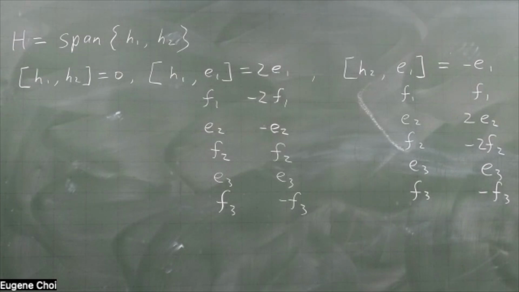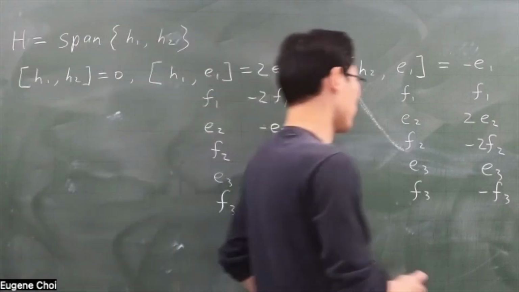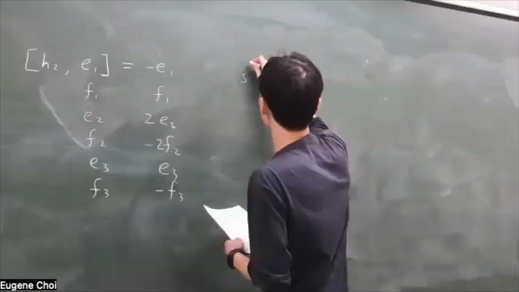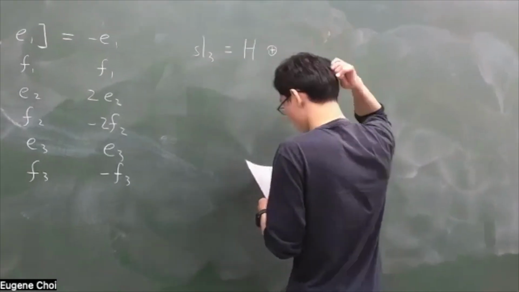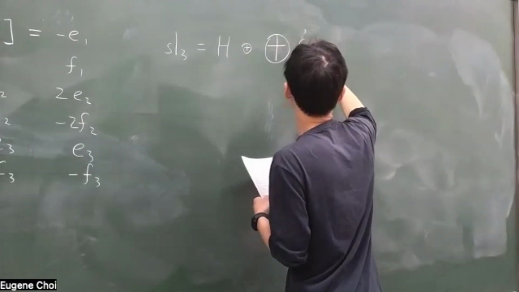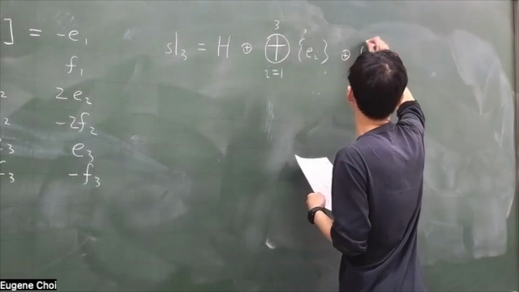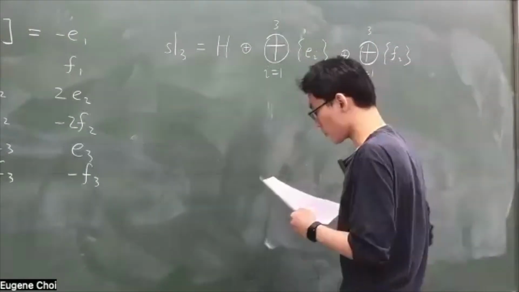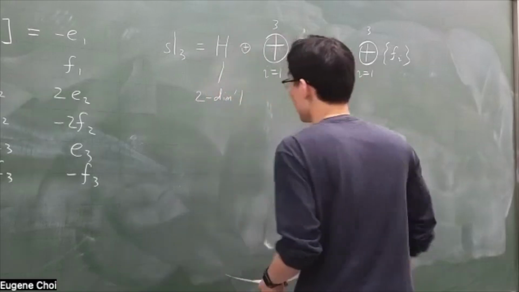So now I can write SL3 as the following decomposition. First I have H. Then I take the direct sum, of course, of the span of Ei for i from 1 to 3, and for i from 1 to 3 of Fi. So this is 2-dimensional because I have H1 and H2. And this, now,